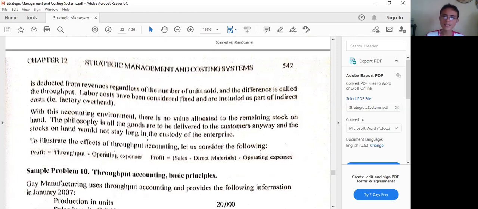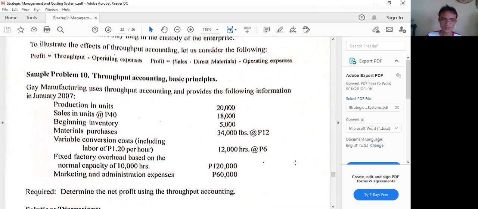So perhaps there are really identified customers who will be getting the products, especially the goods, because services, of course, cannot be seen or physically existing in the warehouse of the company. So we are talking here about goods when we say products. Profit is throughput minus operating expenses. Throughput is revenues less direct materials purchases. Operating expenses are all other items. So we have here